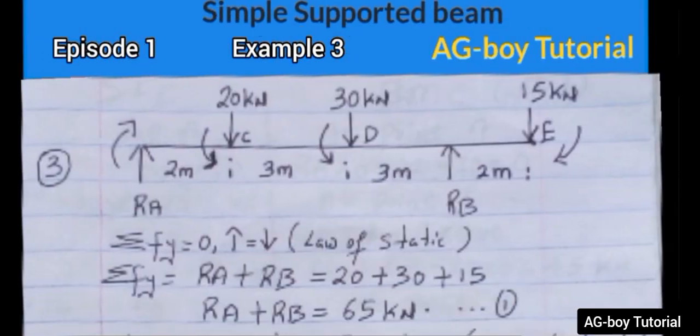So this is example 3 of this work. Don't be confused with these arrow signs I put down here. It means I'm trying to break things down for easier understanding. We have clockwise direction equals anti